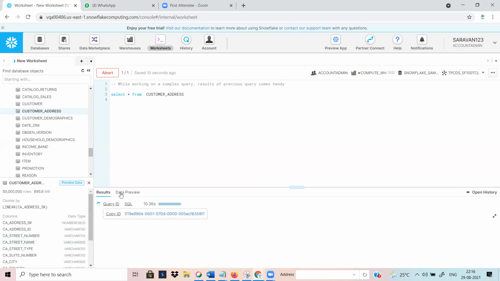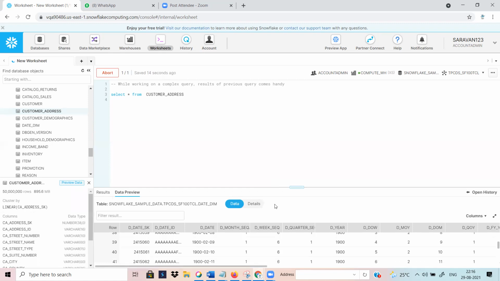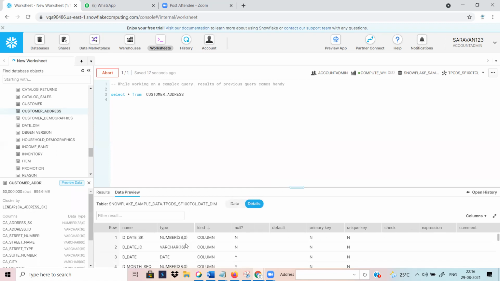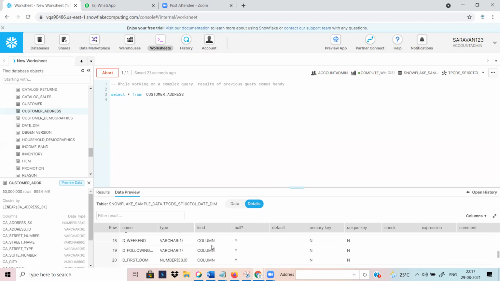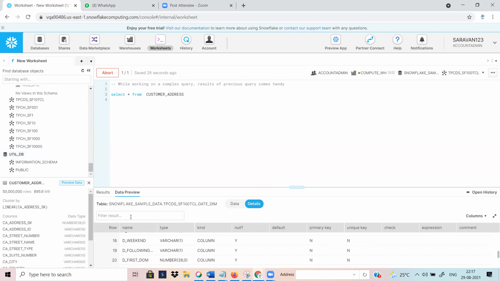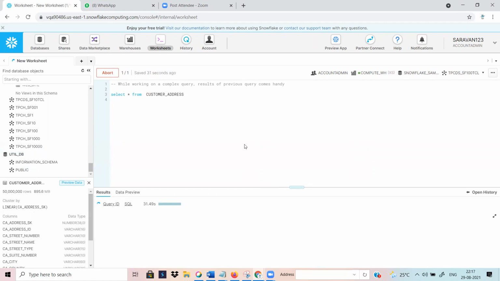Data preview is there, where you can select the columns and see the types. The detail section also shows the data type and whether it is nullable or not nullable. Now data is coming, right? Do you have any questions on this?